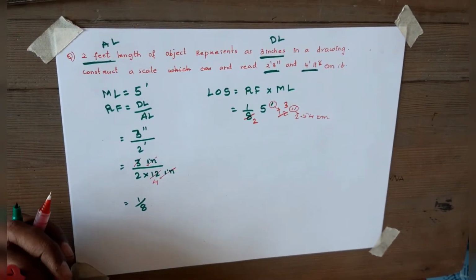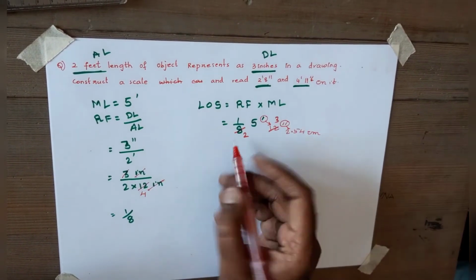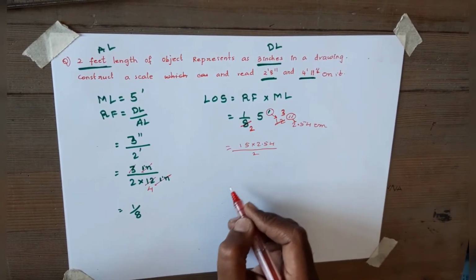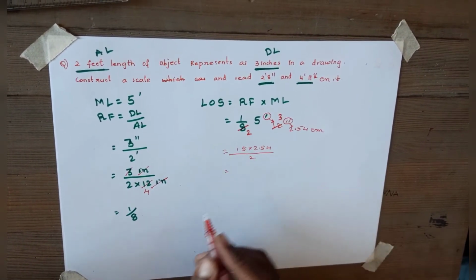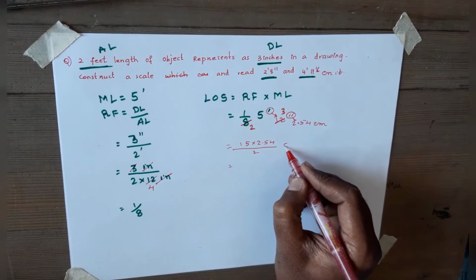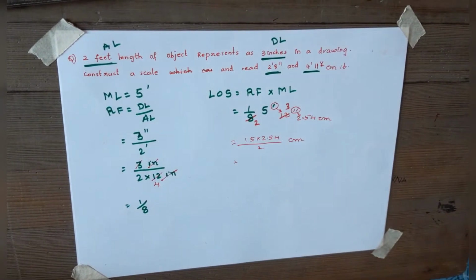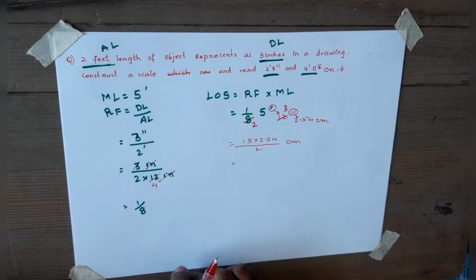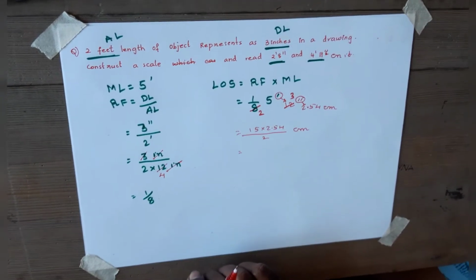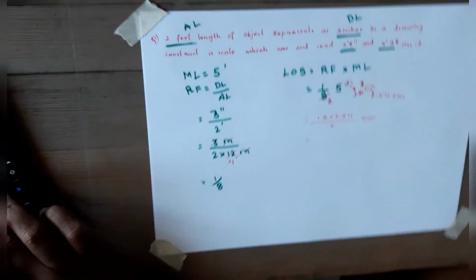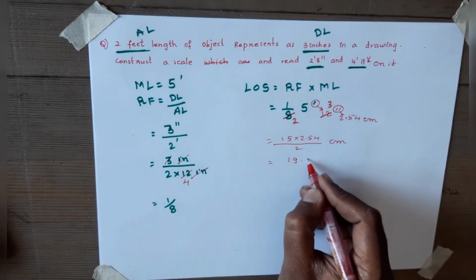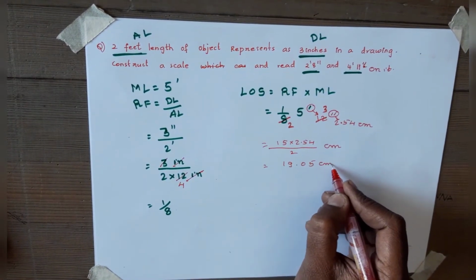Now if you do it, 4 3s are 12, 4 2s are 8, then how much value are we going to get? 15 into 2.54 divided by 2. How much length are we going to get, sir? With your calculator, once you do it, how much value do you get? Just to check it out. This is in centimeters. 15 into 2.54 divided by 2. How much value do we get? 19.05 centimeters. I got it, sir.